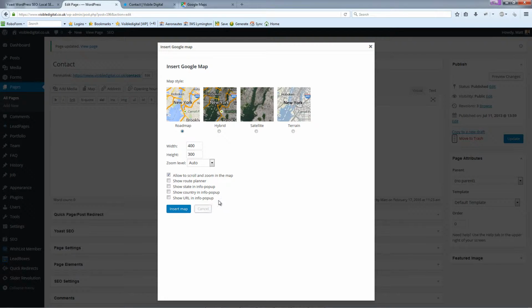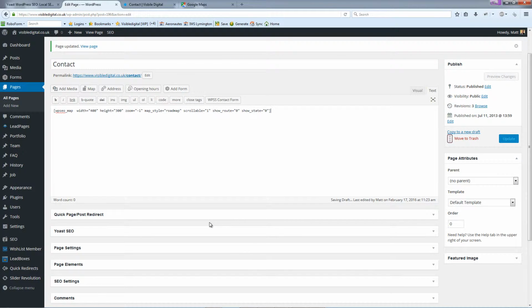So we've selected these options. We're going to leave Show Route Planner disabled, and we're going to insert that map. Now that's going to be dependent on your own settings. As I say, different themes will be created in different ways, but whatever happens, you're going to be provided with this shortcode here. Now, because of the way our theme is set up, I'm going to copy that, delete it,